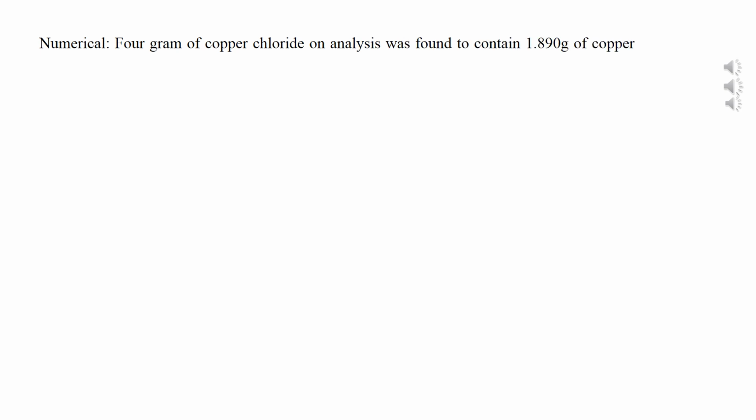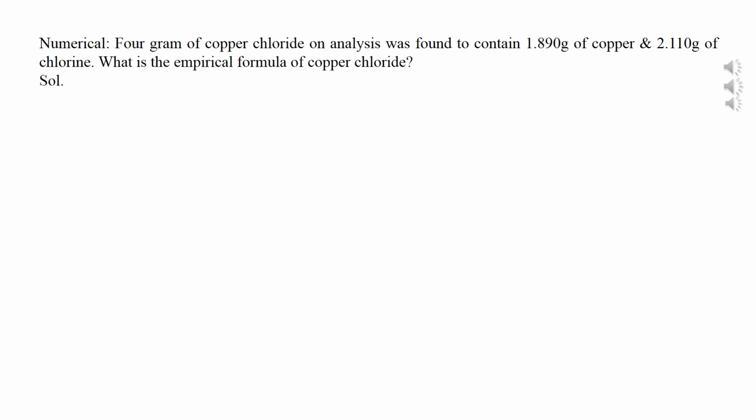Let's see another numerical problem which is somewhat different from the first two numericals. 4 gram of copper chloride on analysis was found to contain 1.890 gram of copper and 2.110 gram of chlorine. What is the empirical formula of copper chloride? So in this numerical, the mass percentage of any element is not given to us. So